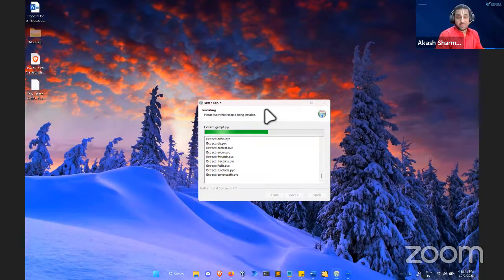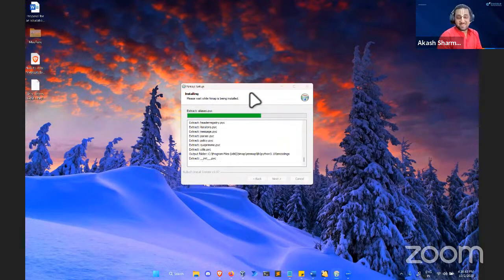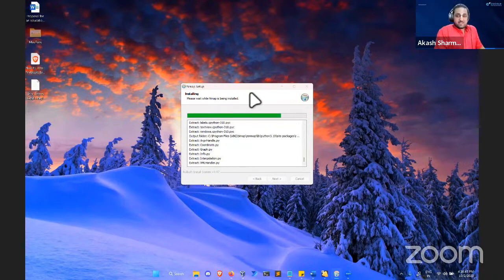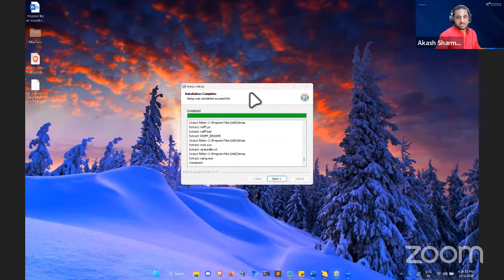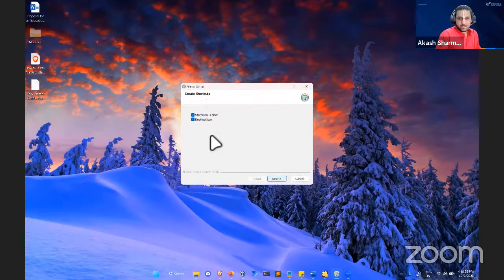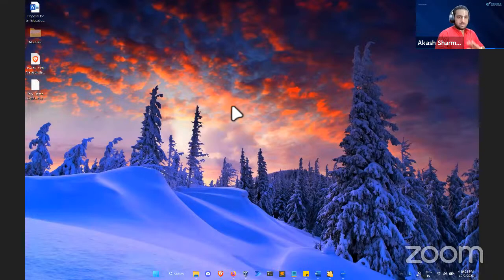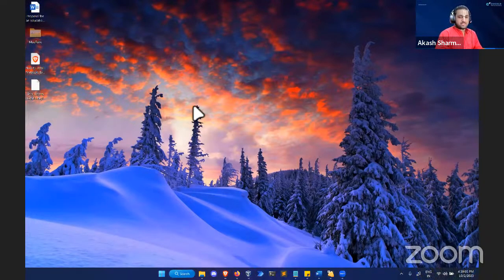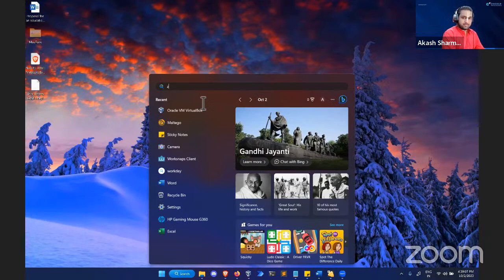Okay, it's still going on. Can't do anything much about it. Maybe a couple more minutes and we'll have it. Okay, it's done. So click next, and I don't need this, so I'll unmark them. Click next and click finish. There you go. So now if I search for ZenMap,